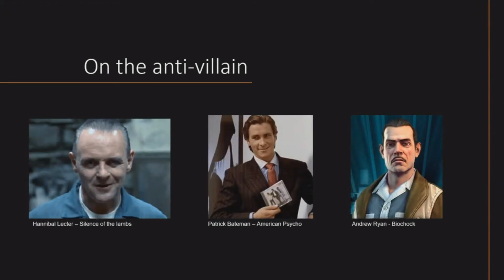Examples for an anti-villain. Hannibal Lecter. He is a serial killer and a cannibal, but he actually comes around and helps the protagonist. Isn't that nice? The moment the viewer sees him, they know that he's different. He is encountered first in an asylum, and it's a great scene, and everyone should watch it. He just really feels evil, but also really interesting, and that's what keeps the viewer interested in him.